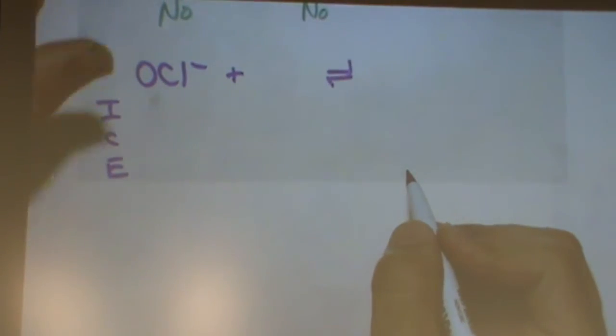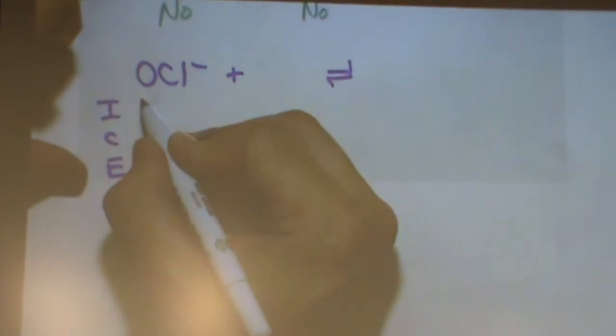Okay, so I would say OCl minus, it is the only thing left. I'm going to write the part of the ice table. You can write the reaction. Here's the ice table. I'll make it look kind of pretty. Actually, not that pretty. You figure out what the rest of the reactants are or what the products are. I'll give you a moment. I'll write this number down. It's 20 millimoles, 50